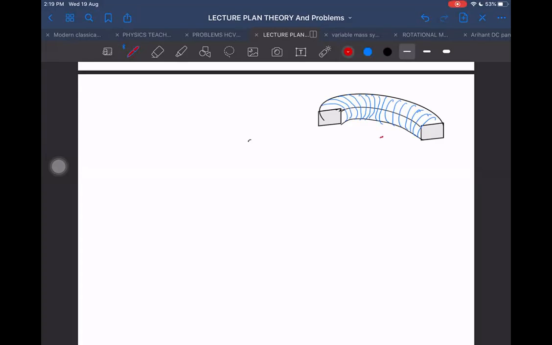And it has a radius. Let us take the inner radius R, and this side A, it could be a square, or it could be some rectangle A into H height. So the outer radius will become R plus A. And if I want to find out the flux through this red color element I have taken here, this red color element will be here also. It will be the same flux throughout, because the magnetic field will be in a circle.